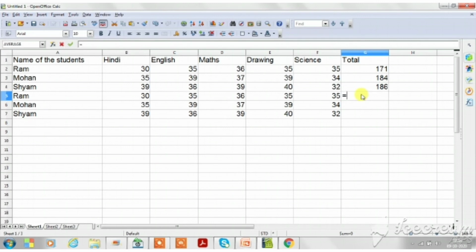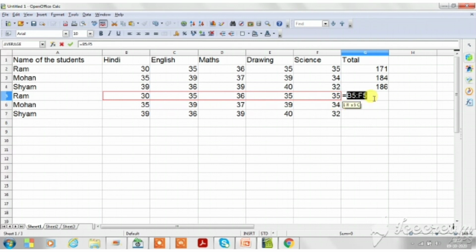Firstly press the equal to sign, then simply drag this. So in this range from B5 to F5 all cells are selected.